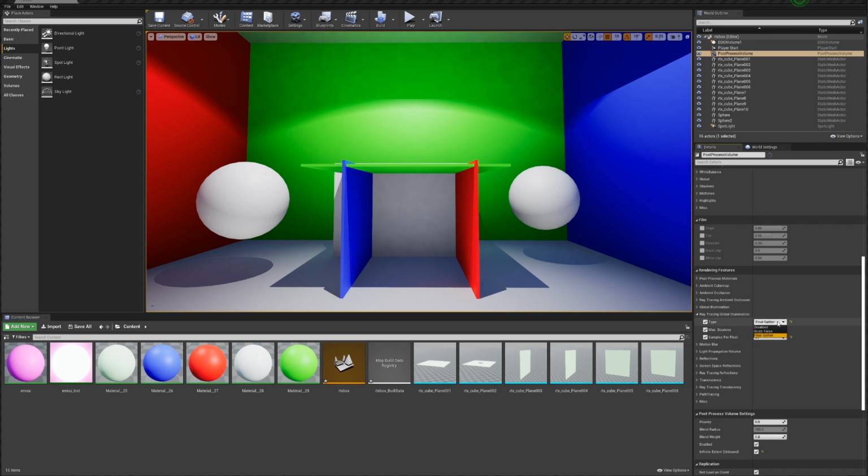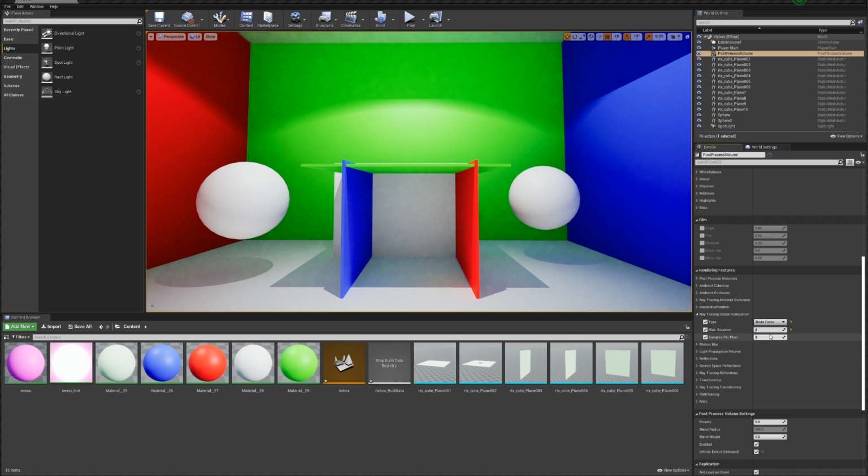Now we have the second choice, which is brute force. Now let me reset this. Brute force is a lot more accurate. You can decide the amount of bounces that you want, and that can help clean up the scene. Let's do 16, and you can see that this got a lot better, but this is very choppy. Now I'm just going to get out of here,